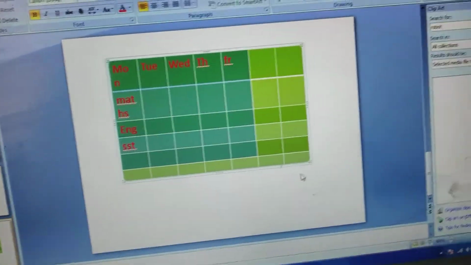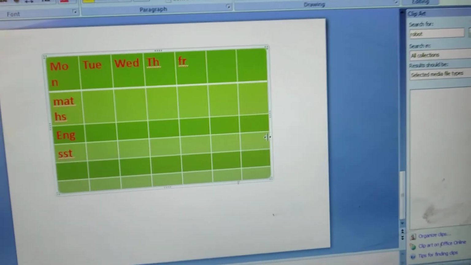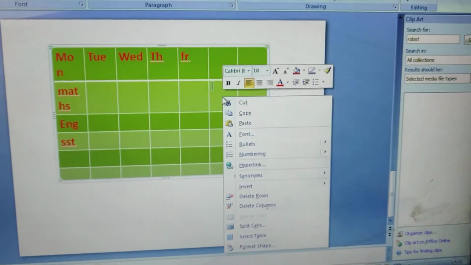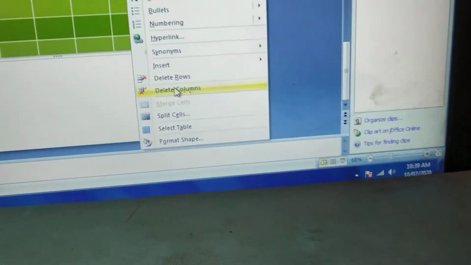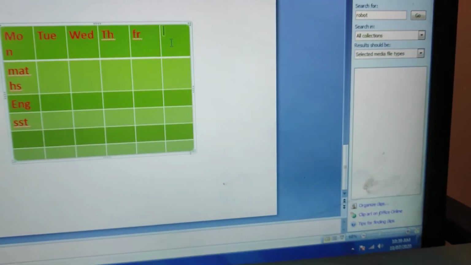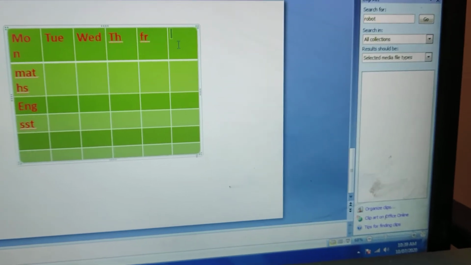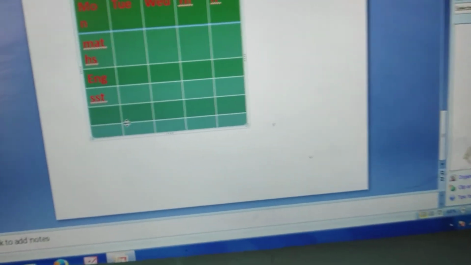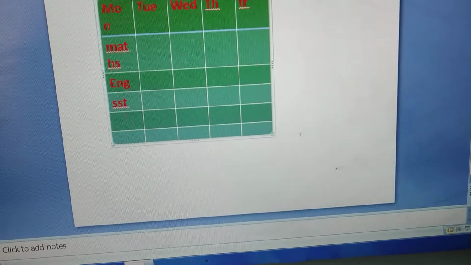Okay, now see, I don't want these extra columns, then click on that column, right click it and here one option is there, delete column. Click on that delete column, that column will be deleted. Again I don't want this column also, then delete column, that column will be deleted. Again the same thing with the rows also.